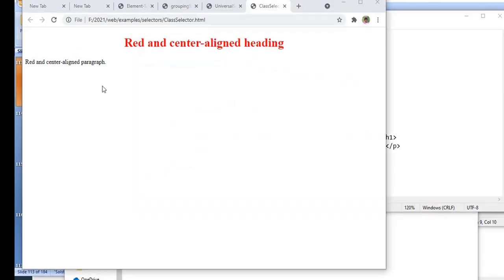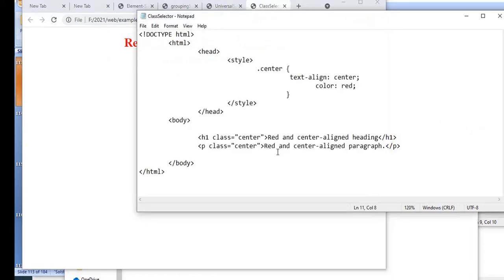When you give the same class name, it will affect that particular text, for any tag anywhere in the document. Just specify this attribute where you have created the style.